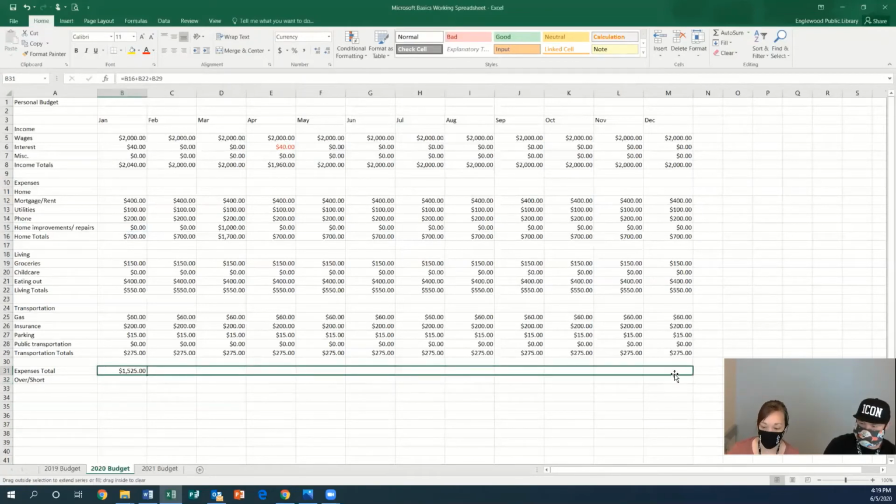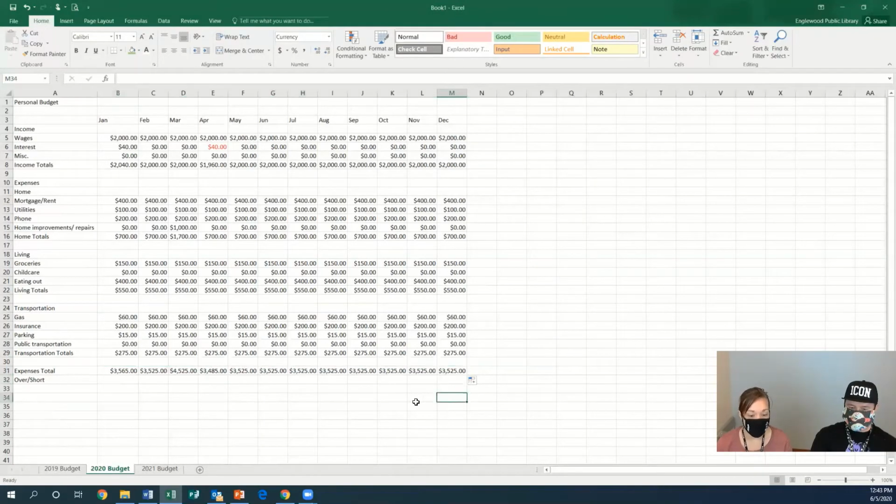And bring that all the way through to December. And then if we need to, we can do that over and short. So this is going to show us whether we're overspending or hopefully underspending, which never happens with me. But so to do your over and short, what we can do is we are going to go ahead,